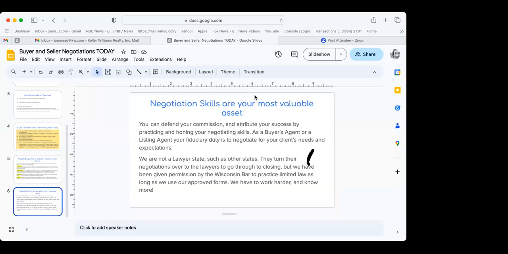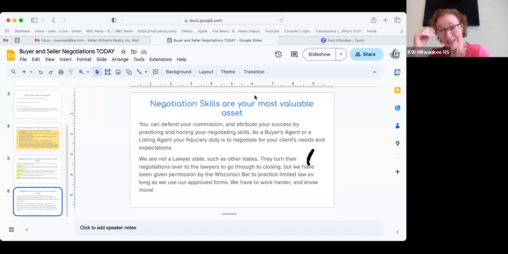Now, there are situations where the lender can say, I can't give you a loan commitment because the appraisal is too low. Now it goes into the same kind of negotiating you do if you have an appraisal contingency. Then the buyer goes to the seller and says, I need help.